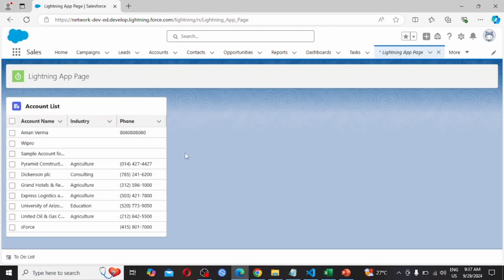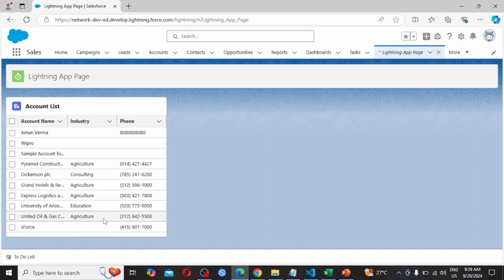So here we are able to see the icon, then our page name, Lightning App Page, and what we had designed in the component, that thing we are seeing here, Account List, then Account Name, Industry and Phone. So we had fetched 10 records to view on the Lightning app page.